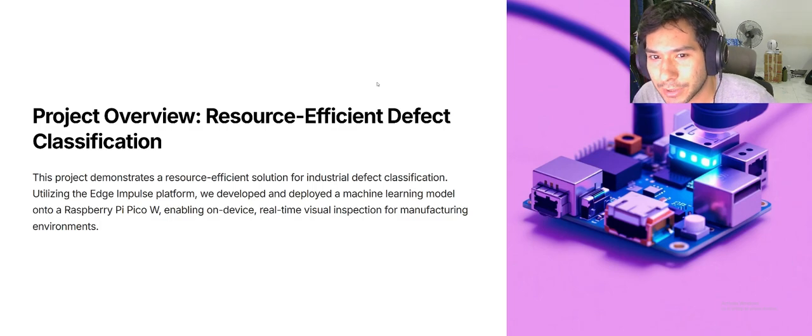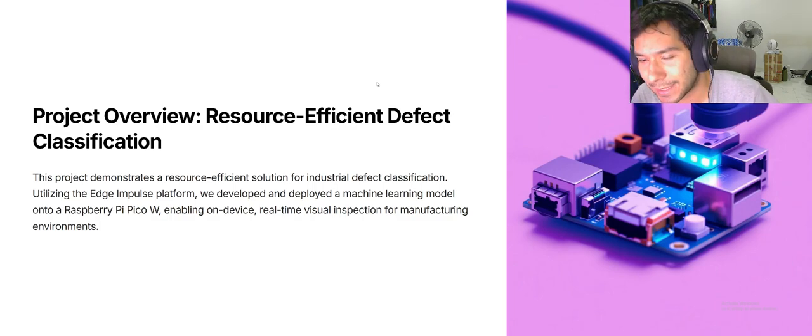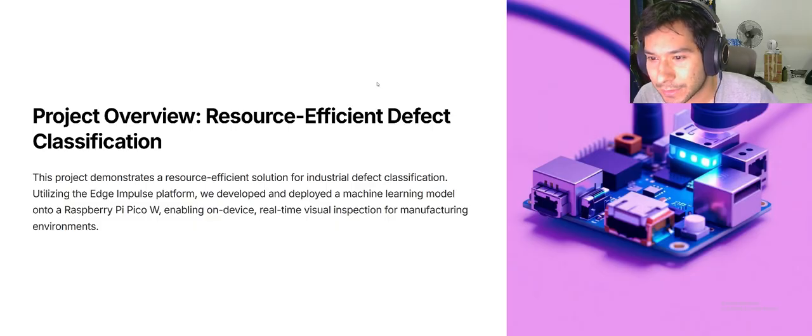So our project focuses on the following. We are trying to demonstrate that this platform, as well as devices that are resource constrained, such as the Raspberry Pi Pico, can be used for different tasks, such as industrial defect detection or classification in this case. So we're using this platform to develop a machine learning model, in this case a CNN, that is capable of detecting defects, maybe mistakes that occur in the production line, as well as other occurrences that may take place, and avoid issues that come when mass producing chips, boards, and other industrial